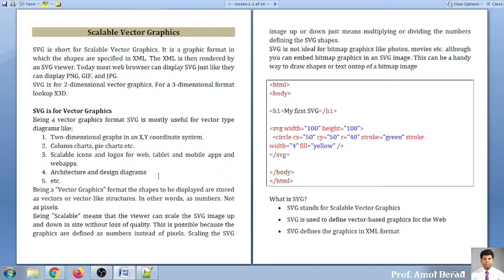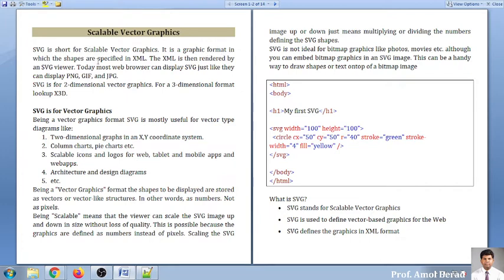Okay. Now SVG. Canvas we have completed. Canvas was focusing on using JavaScript as a language, but here in scalable vector graphics we need to know some basic things which may be asked in your examination, and as general information about animation and all those things. We need to know what exactly scalable vector graphics, that is SVG, stands for. Now SVG in short we call a scalable vector graphics.